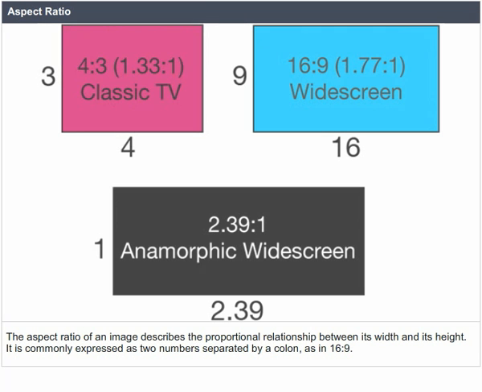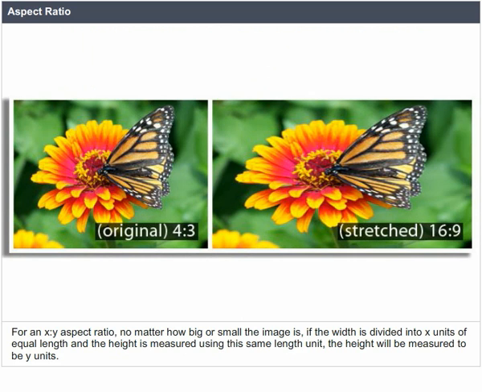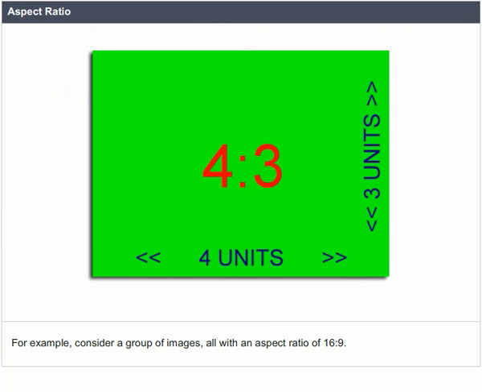The aspect ratio of an image describes the proportional relationship between its width and its height. It is commonly expressed as two numbers separated by a colon, as in 16:9. For an X:Y aspect ratio, no matter how big or small the image is, if the width is divided into X units of equal length and the height is measured using the same length unit, the height will be measured to be Y units. For example, consider a group of images,